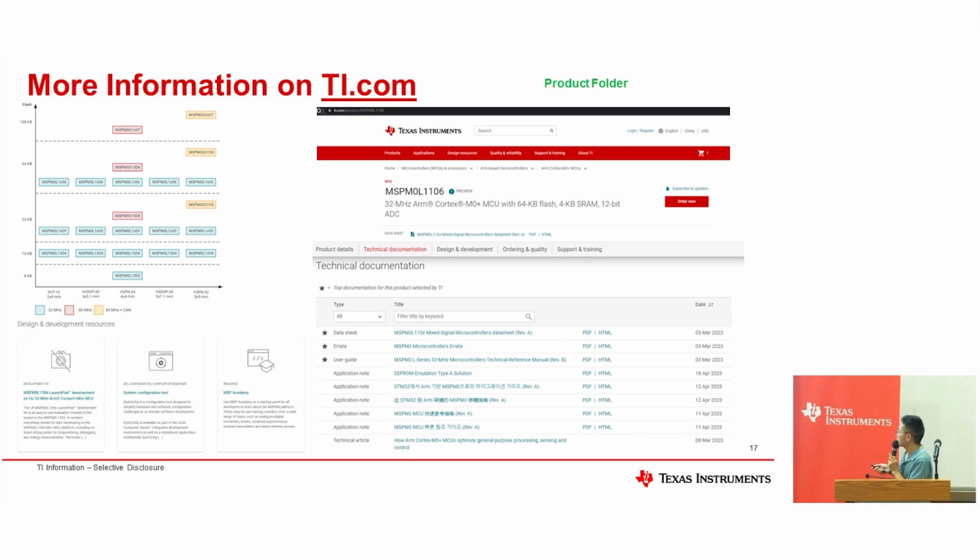For documents like the datasheet, user guide or TRM, you can get them from this product page. Besides that, all the reference designs and application notes can also be found here. Also the software tools like CCS, sysconfig and so on, you can get on this page.